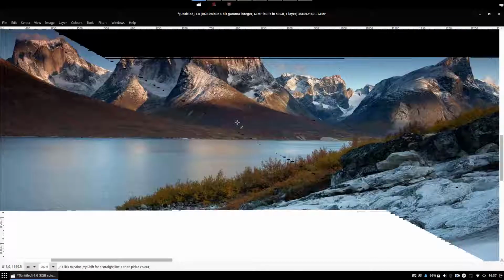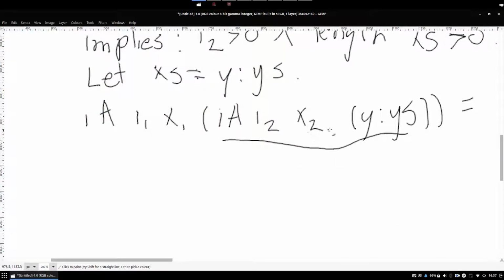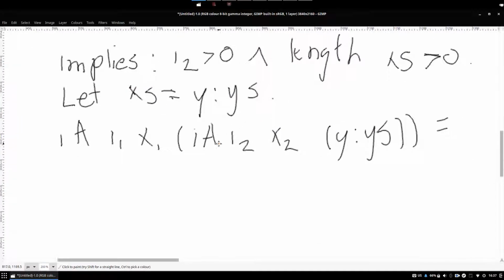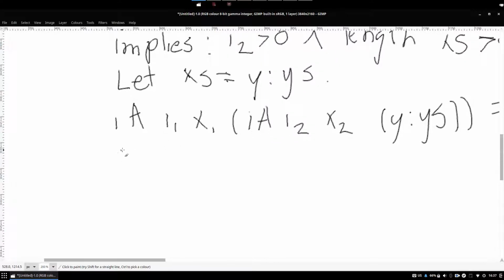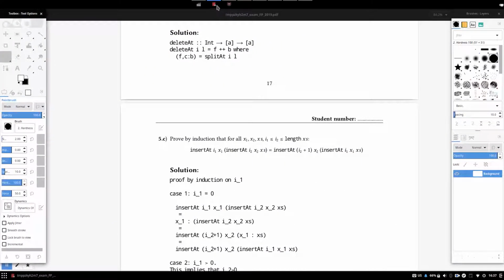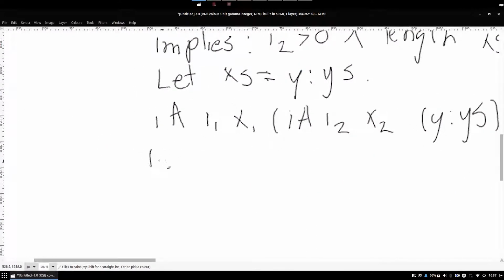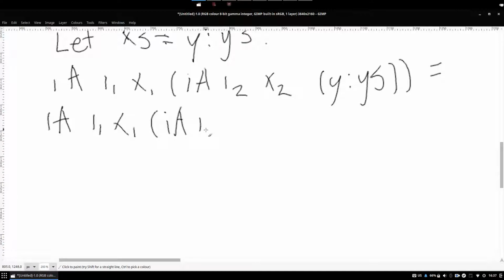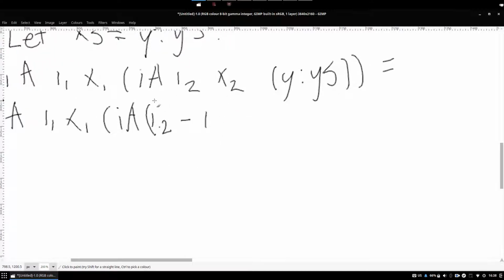This of course equals, and then we just do this step where we take one of the head off, and then we subtract one from I2. Wait, why am I not drawing anymore? What's going on? I'm drawing as the background. There we go. So that's the IA of I1 of x1 of the IA of I2 minus 1, which is allowed because we know it's bigger than 0, of x2